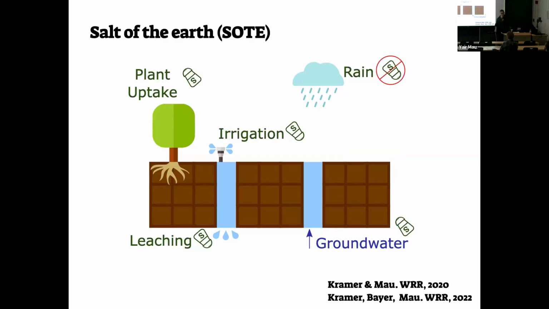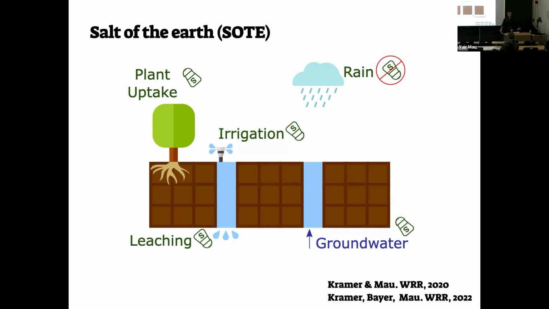We can track where the salts in our system are coming from and going to. So when it rains, rainfall doesn't bring any salt to the system, but irrigation can. So we can describe the quality of the water, therefore how much salt we're bringing to the soil system. We can describe some amount of salt going into the plant and salt leaving the system as leaching. In our models, we did not use this example when we actually ran the simulations, but the model can also describe salt coming from below, from the groundwater.